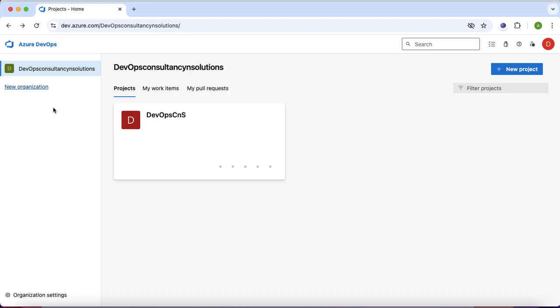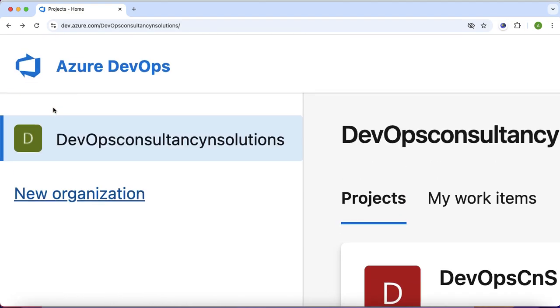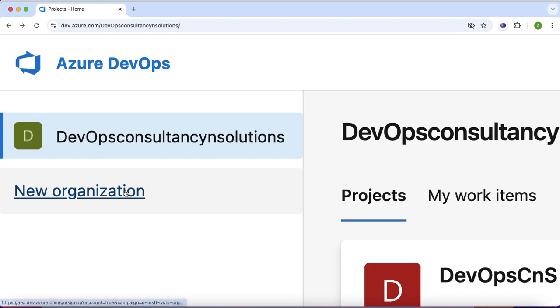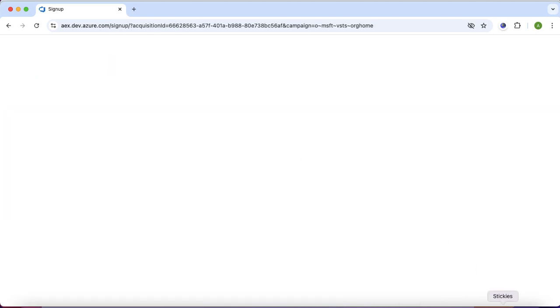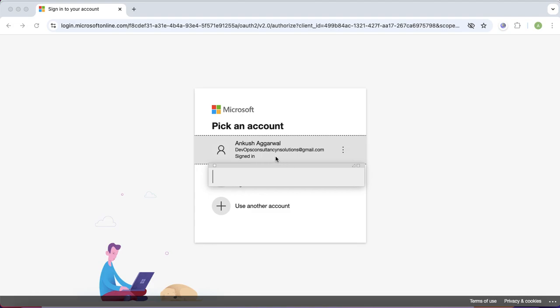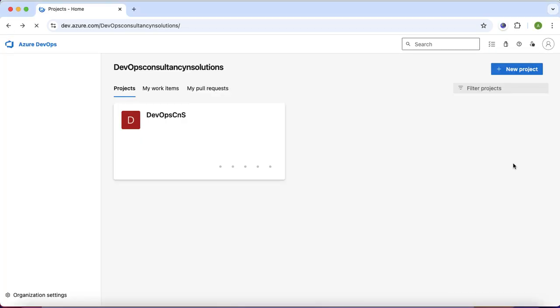If I go to the top left corner, here you can see the option New organization. By clicking on it, you can switch to a different organization, and in that organization you can have multiple projects. If I click here on New organization, it goes to another sign-up page asking me to sign up. I already logged in with my account, DevOps Consultancy and Solution. You can click on use another account and log in with another account. If I go back to my main dashboard, you can see I have only one project,